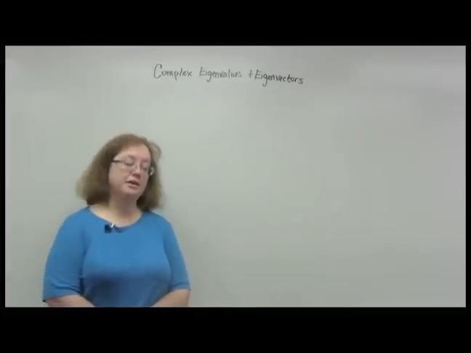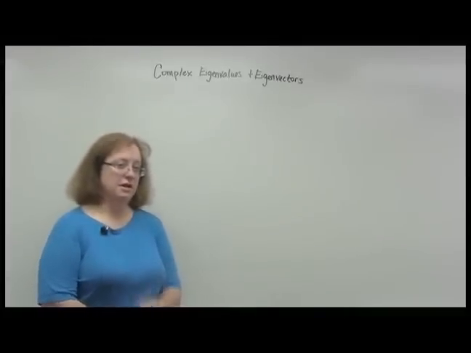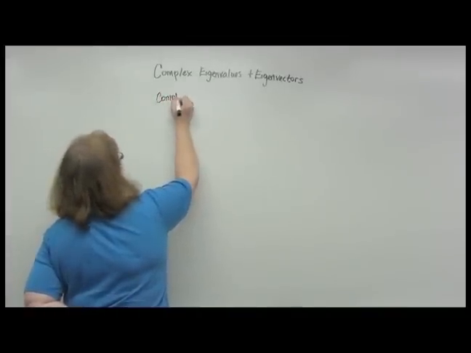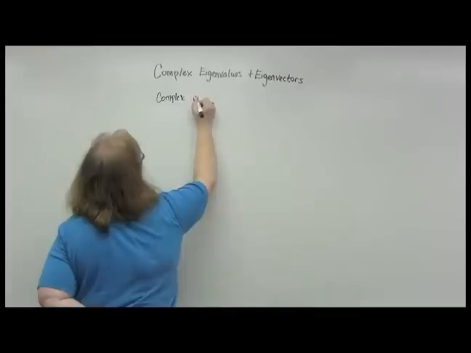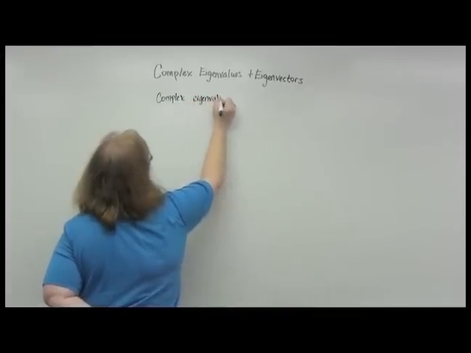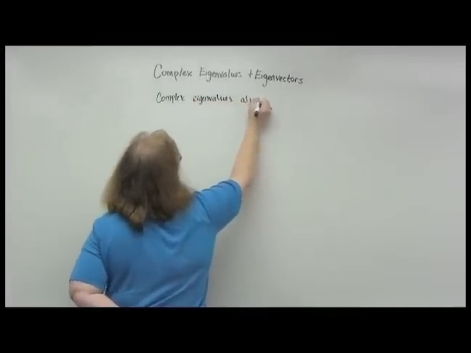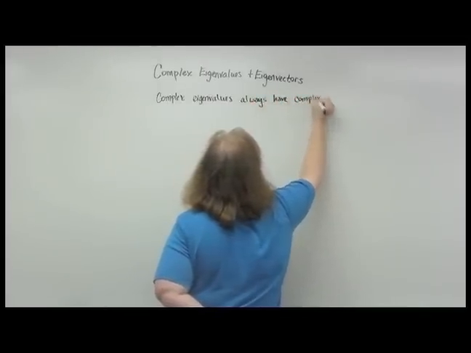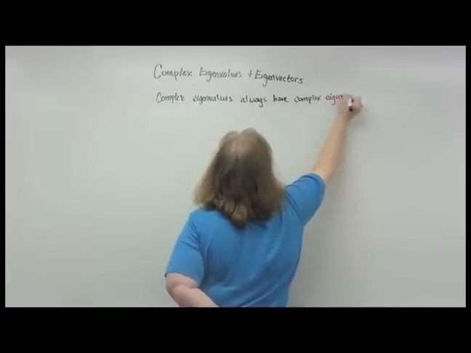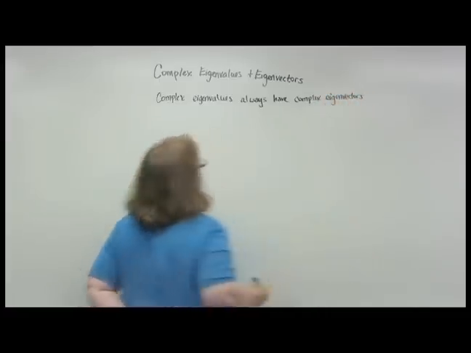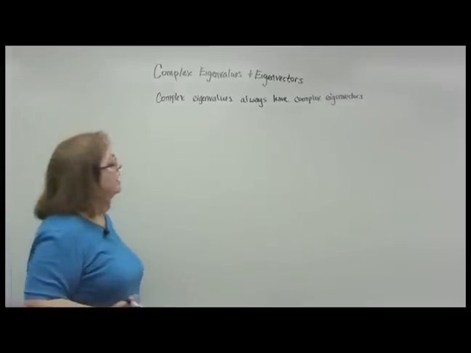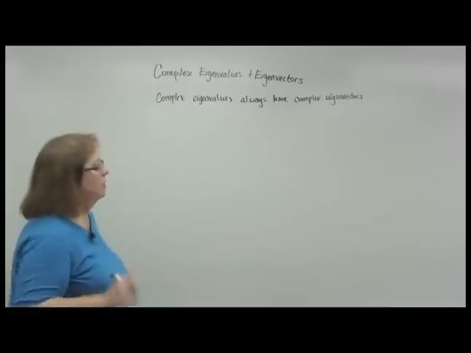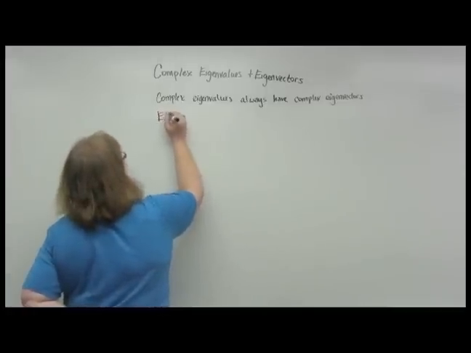Right, this lesson is about complex eigenvalues and complex eigenvectors. If you remember, we had a theorem that said complex eigenvalues always have complex eigenvectors. So it shouldn't come as a big surprise, as we're working with these complex eigenvalues, that we turn out to have some complex eigenvectors. If you'll also remember, we had a theorem that said that